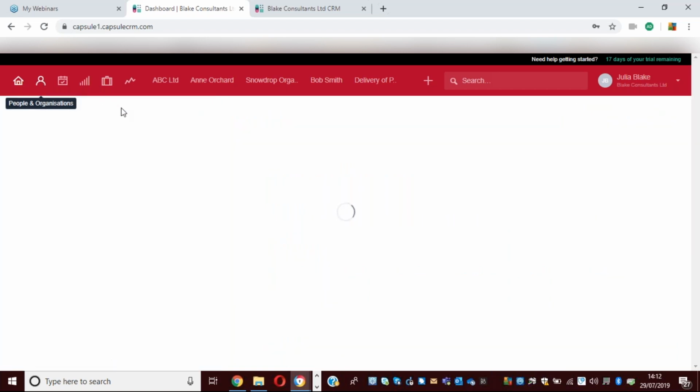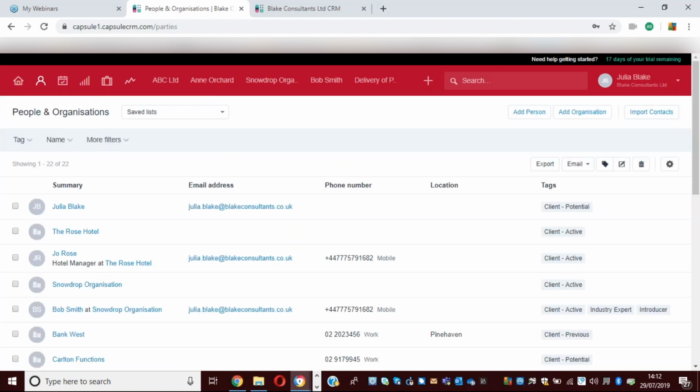Now, saying that, it is really, really important to have the tags and the data tags and the custom fields set up in such a way that it reflects your business model, so that you can segment your data in a way that really works for you and works for your ideal clients. And what we're thinking about there is industries, where somebody sits within an organization perhaps, or geographically, there's all sorts